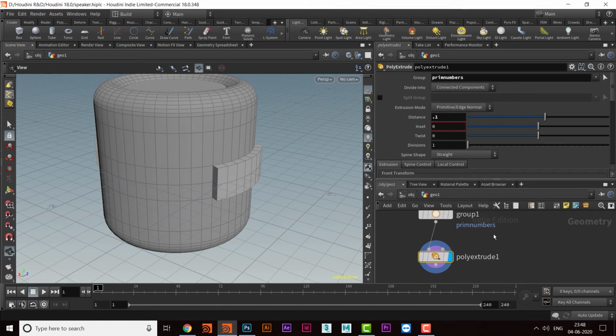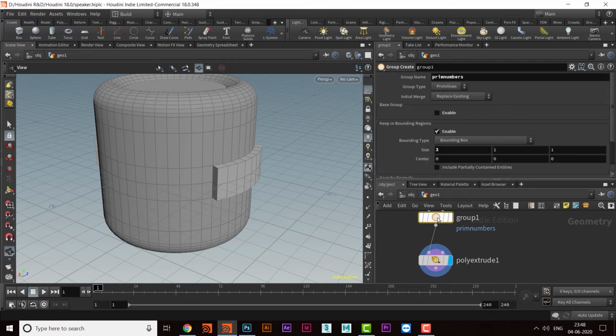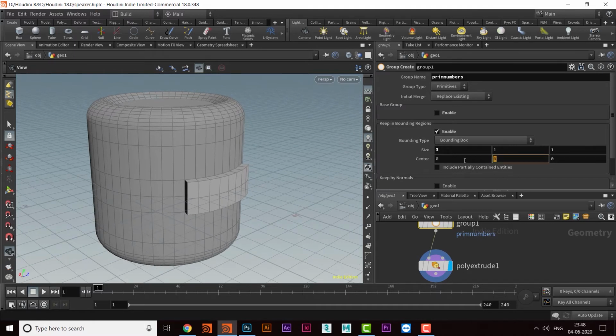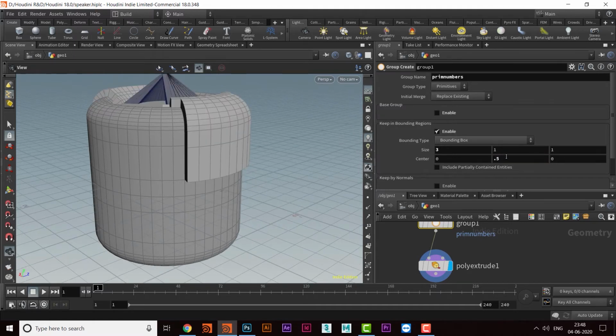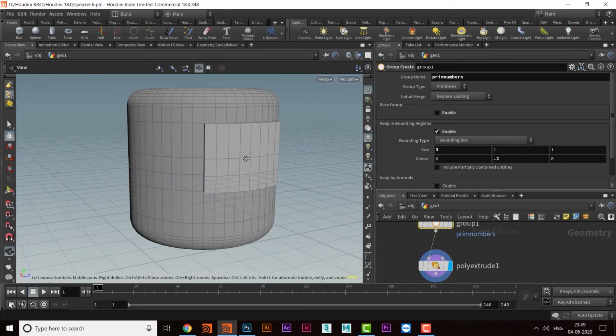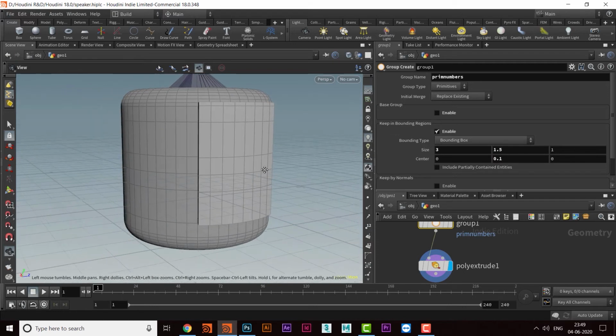Then we'll go to the other thing. If I come back to this one, that is boxes, we can also do one thing: we can change the center, that means the position of this group. If I make it 0.5, it will go up. That is 0.2, so that will be here, that is up. And I can also change the size maybe. Let's take it 1.5, not 0.5, 1.5, and drag it down. So we can also select these things.